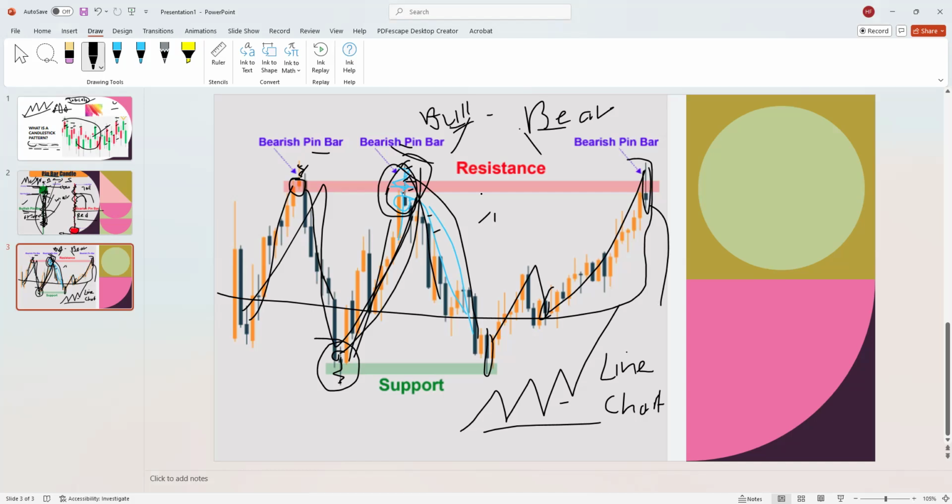And when you see this, we also teach you about resistance and support. Whenever you see support, that means you buy there. That's why I told you, you always buy at the bottom. You buy at the support on the bullish pin bar and it's going to go up, and then you sell at the bearish pin bar at the resistance and it's going to go down. So we teach you everything in this class, how to use this candlestick. I created this class for you, especially for my TikTok people. So therefore I teach you now.